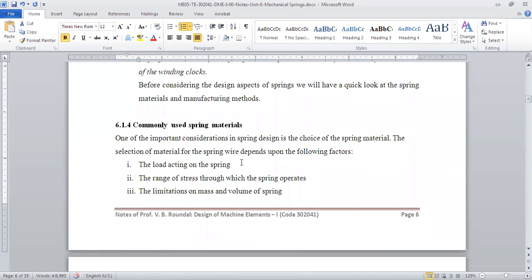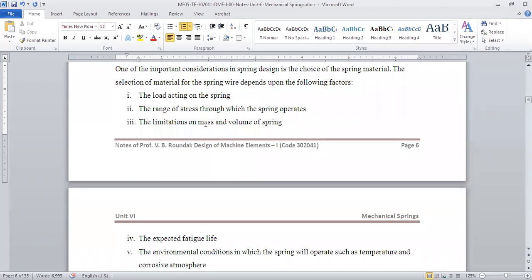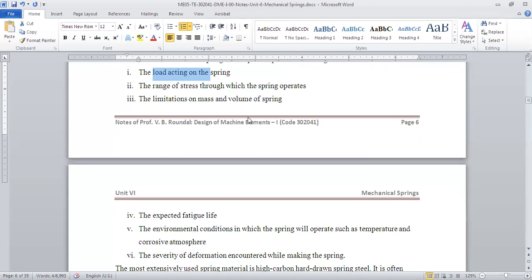Right? So we will now see what are the different kinds of commonly used materials. Okay. So what do we want from the spring, or what are the spring materials? The material selection of the spring will depend on what the load is. If it is very heavy, we'll have a different material, compared to less load, like toys or a spring in a pen. So depending on the load acting on the spring, different materials are used. We will not be using very fancy material for the pen spring, because we want to reduce the cost. So the range of the stress, which means minimum and maximum stresses, or what type of stress is acting on the spring, we will have a material selection depending on that.